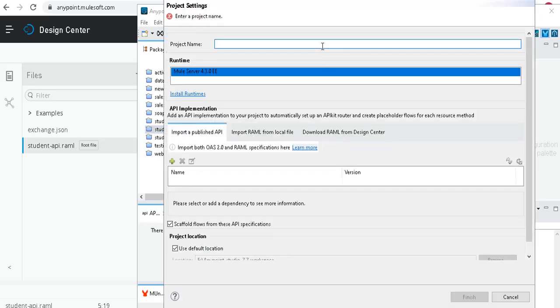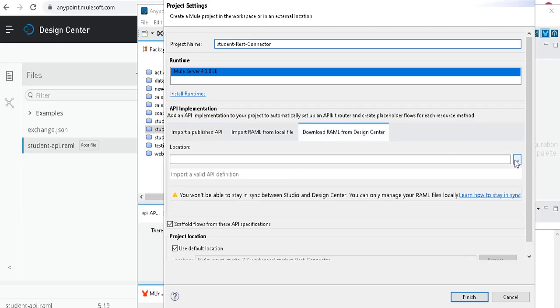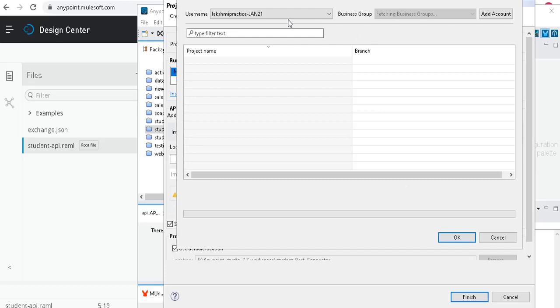So I'll name it student REST connector. And I'm going to import it from Design Center, import the RAML, so that API kit generated flows will get generated as the default flows. Once I have done with the implementation, I need to deploy this.